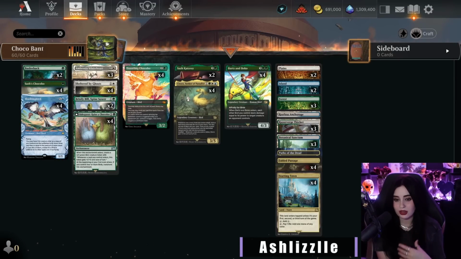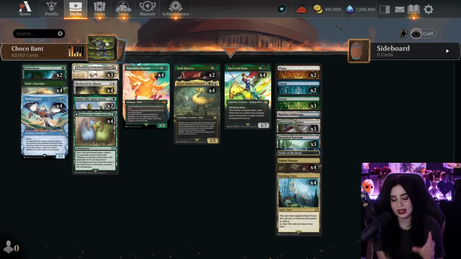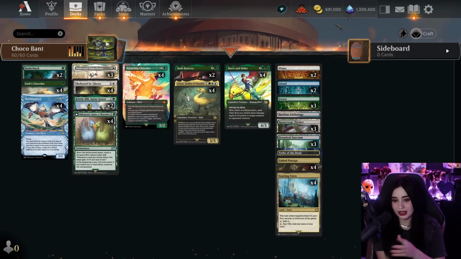My name is Ashlizzle and today is an exciting day because we get to play with some new cards from the latest Magic the Gathering set, Magic the Gathering Final Fantasy. And in this video we're going to have a look at Bant Chocobo Landfall. Now the Chocobos in the set all work with the landfall mechanic. I think the colors in Limited are Gruul colors, but in this deck list we're going to have a look